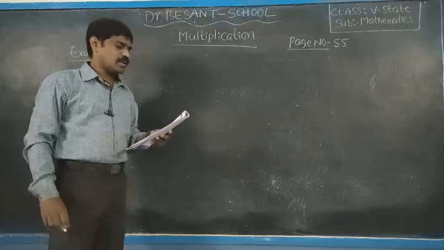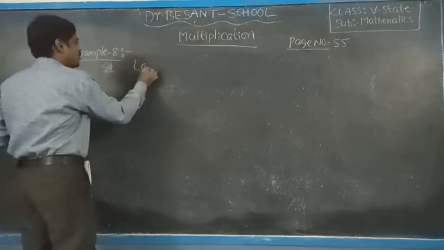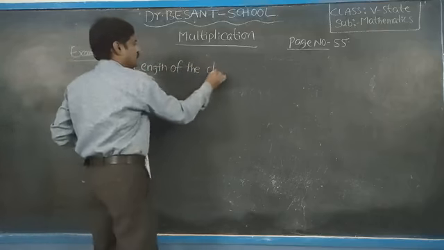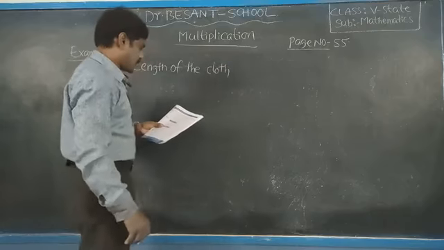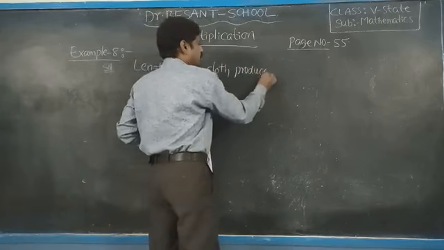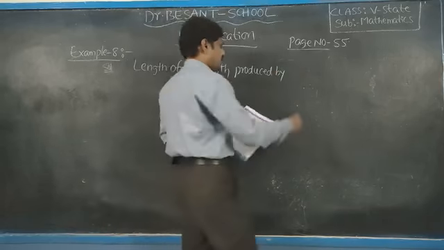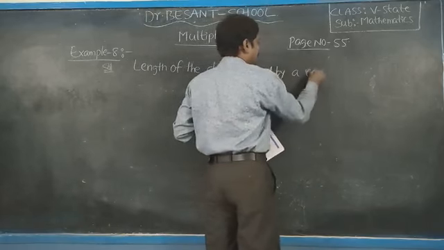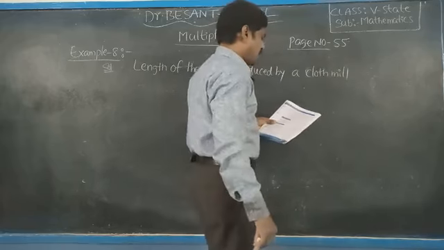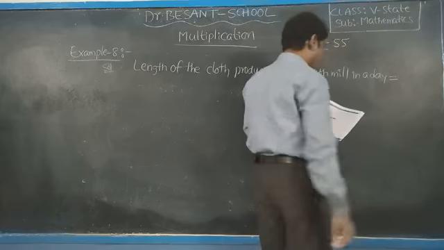Okay, so length of the cloth produced by a cloth mill in a day, that is equal to